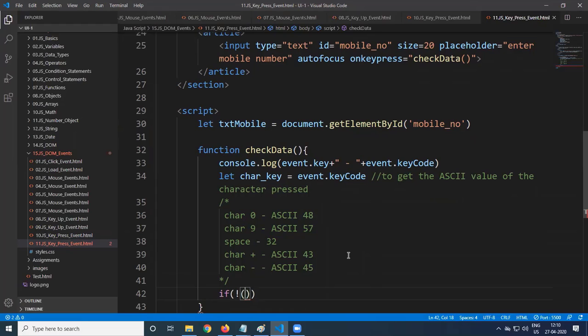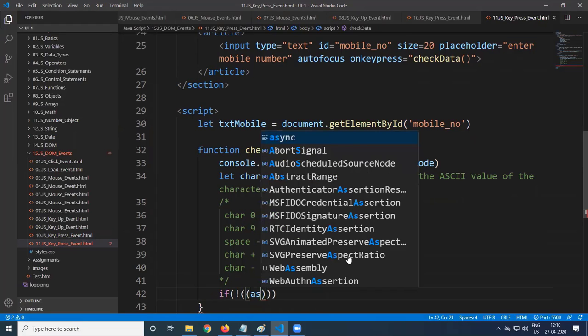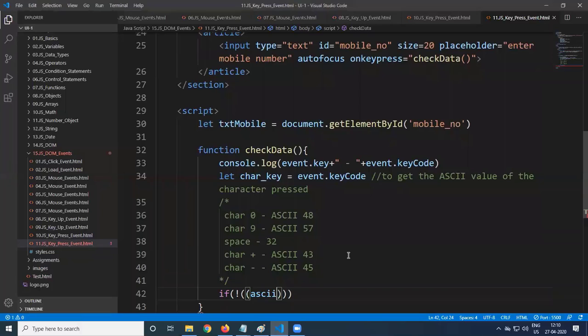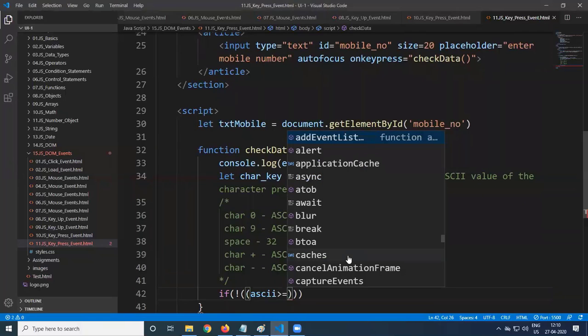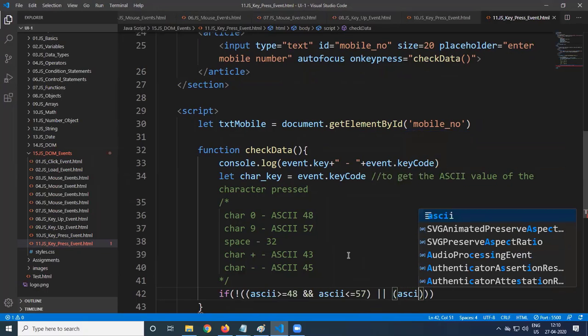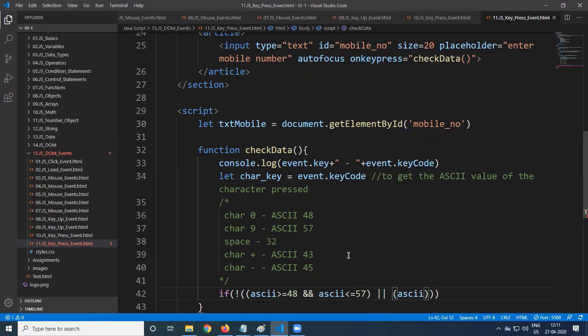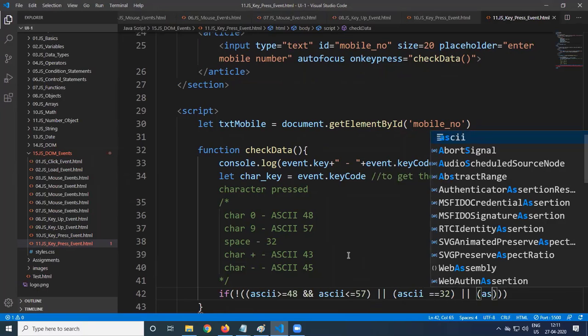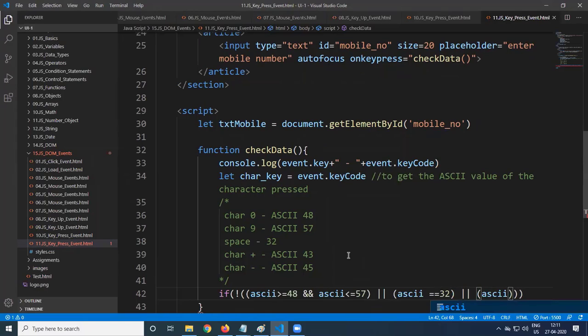So first thing, give the brackets correctly. ASCII greater than or equal to 48 and ASCII less than or equal to 57. Allow this, or ASCII is equal to 32 for space, or ASCII is equal to 43. 43 is for what?